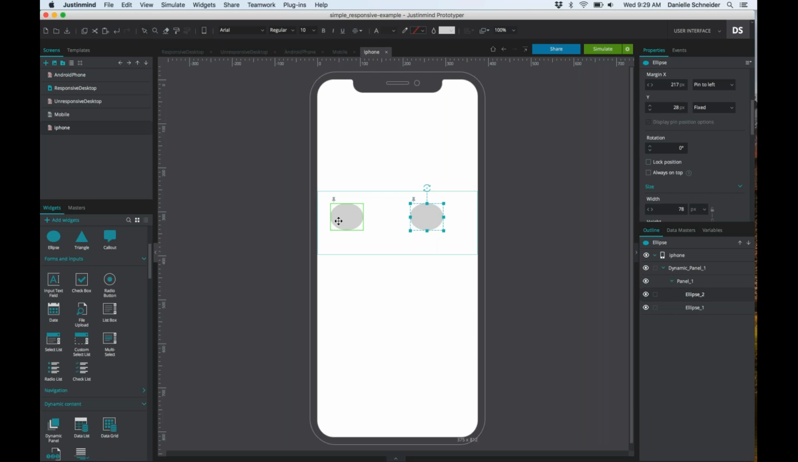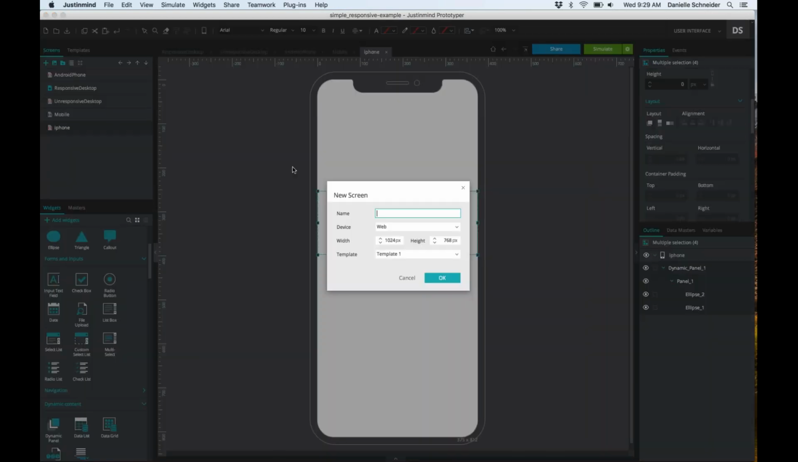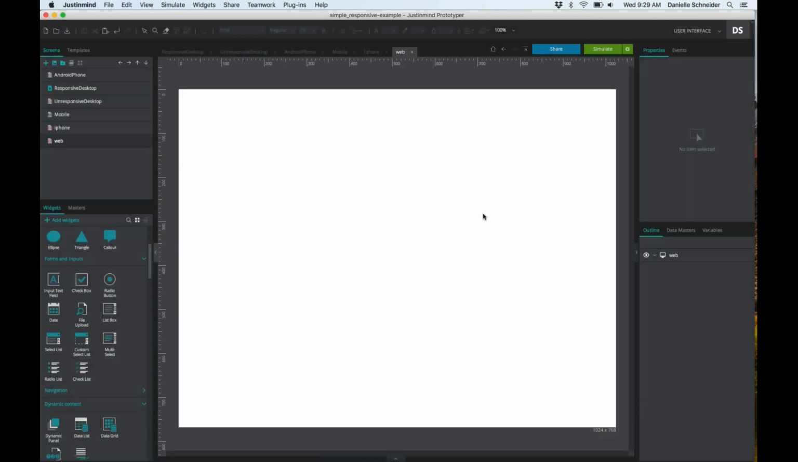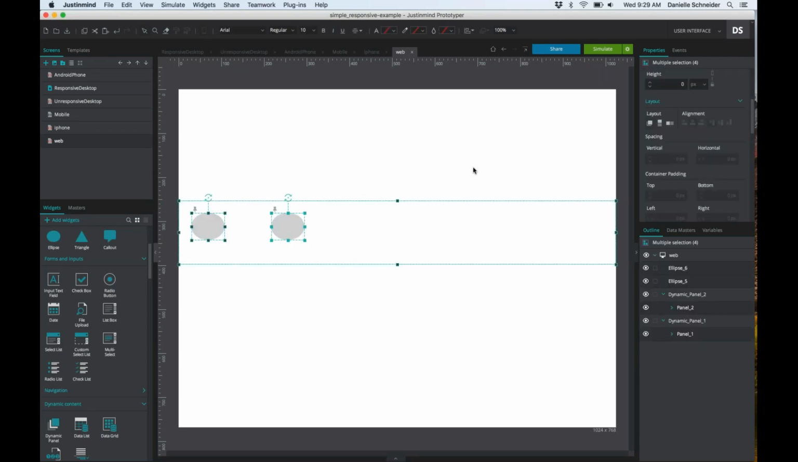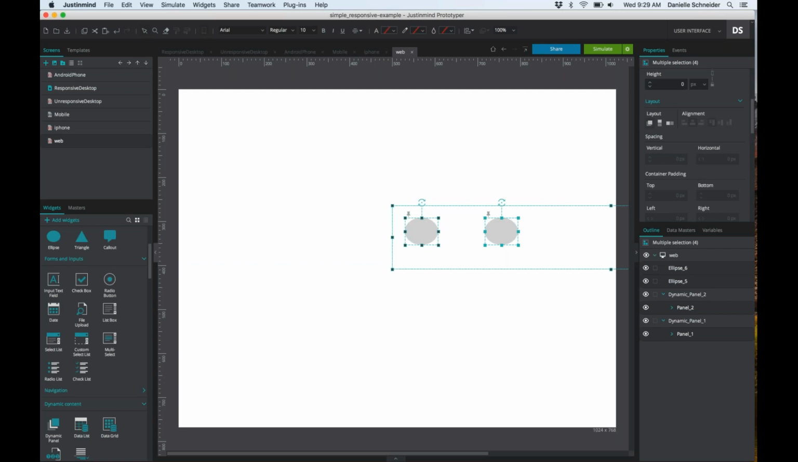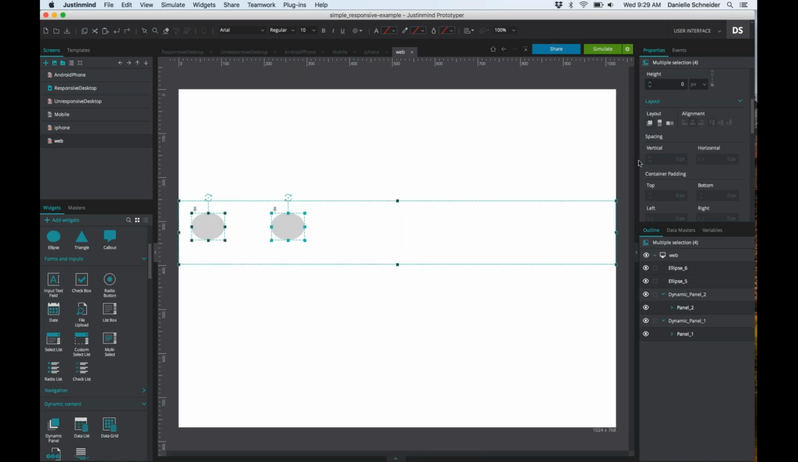Actually, let me copy this and paste this on a web screen. That would be a better way of doing this. There you go. All right, so